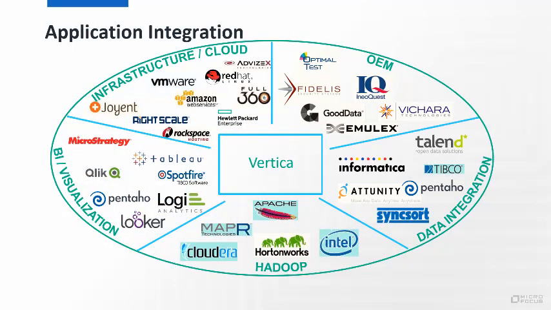As mentioned earlier, Vertica sits very comfortably with hundreds of third-party integration tools, a small number of which are shown here, whether that be infrastructure, cloud, BI visualization, OEM, Hadoop or data integration. Now that we have data streaming into the database and with historical data accumulating without limits, other than my laptop running out of disk space, we then went on to demonstrate how simple a process it is to connect one of these tools to Vertica and be amazed by its performance even on a single node instance of Vertica